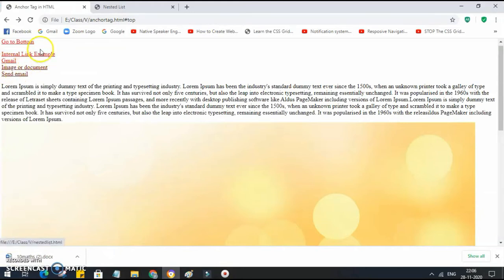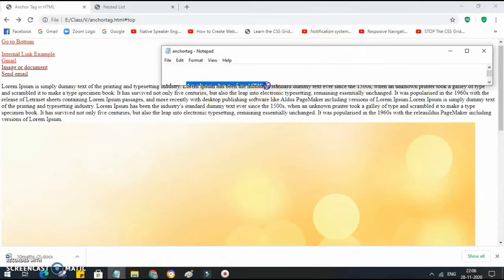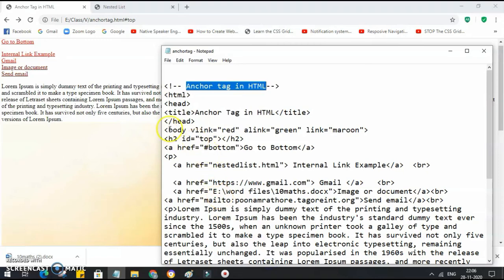Now one more thing I want to bring your attention to. See, right now if I click on any of the links, let me adjust the size over here and show you. In the body tag, I have written vlink. Vlink stands for visited link. So once I click on the visited link, it turns red. Alink means active link.